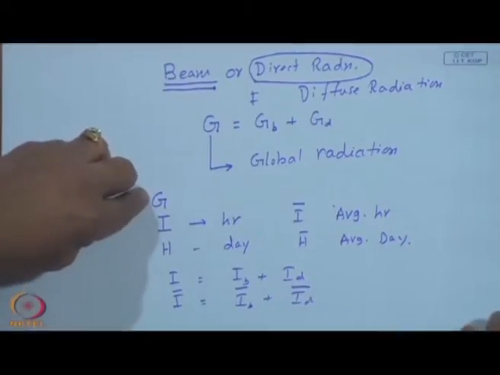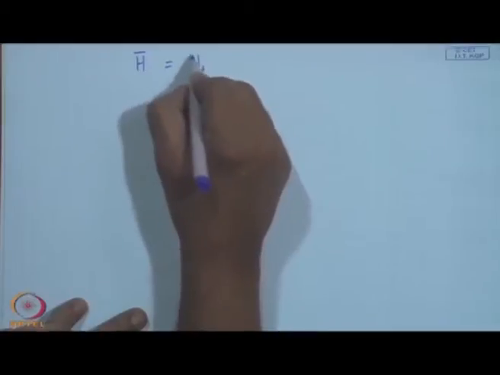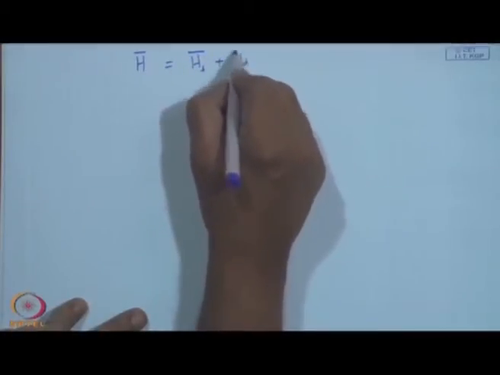I shall not elaborate on G, because these instantaneous or intensity measurements are essentially to check the total measured over a period of time. Nobody can give you data, even if given every second, it is integrated over that second. In that sense you can go down to a shortest period of a second. So, you have H bar, which is H B bar plus H D bar.